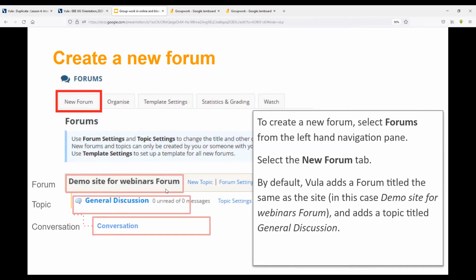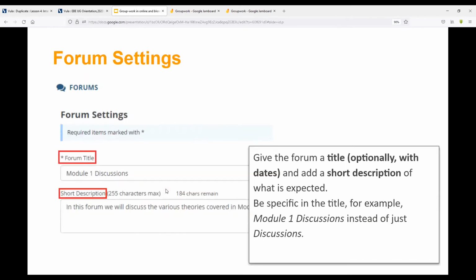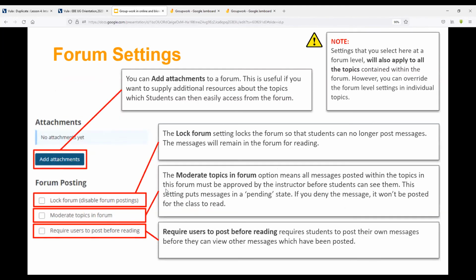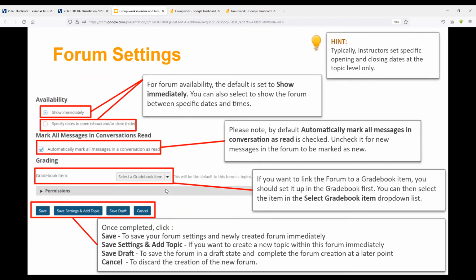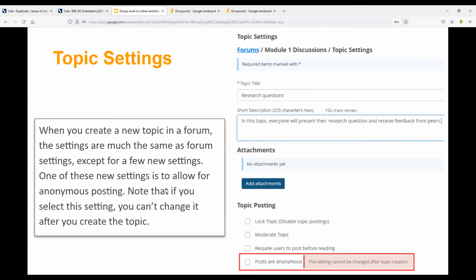It is entirely possible to set up one single forum for your entire course and just have different kinds of topics underneath it, particularly if you have a smallish class. I would probably recommend rather that you set up multiple forums. For instance, if you have weekly discussions, you have a different forum for each discussion. The reason for that is, once you've given your title and description, and I'll skip past that for the moment, it is possible to create different topics for every single group that you have created.